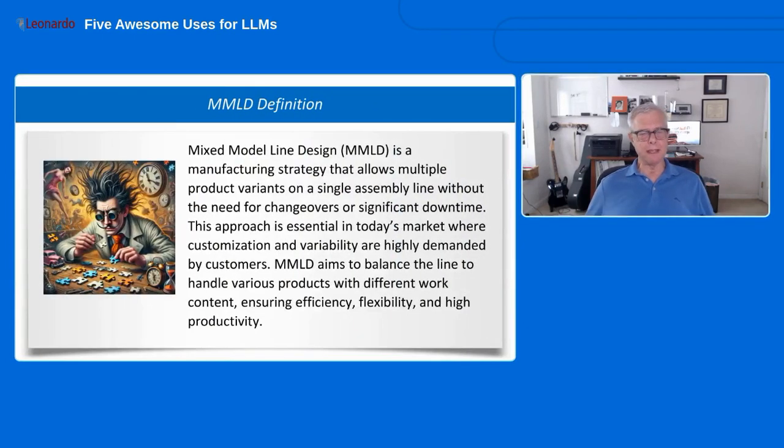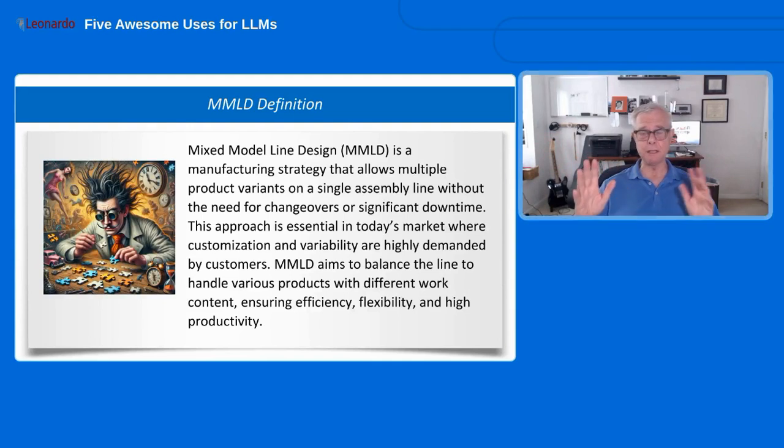All right, so mixed model line design or mixed model manufacturing is our Leonardo Group Americas, my company's wheelhouse or specialty. And so what we're talking about here is basically lean manufacturing, but with a specific twist or focus that is focused on a situation or an environment with multiple product variants on a single assembly line or multiple assembly lines, but families of products going down the same line, and being able to do that without having changeovers, without stopping the line, changing over the materials the way things had been done often in the past, or significant delays, so that you can just transition from one to another seamlessly with no delay.